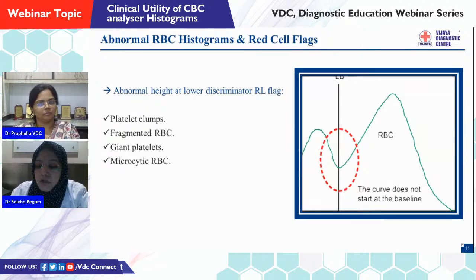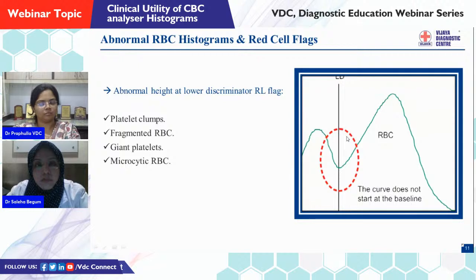Okay, having seen the normal RBC graph, let us see what could be the abnormalities in the graph. Here you can see the RBC graph. The curve is not starting at the baseline. Instead, it is somewhere in the middle of the lower discriminator. So the causes